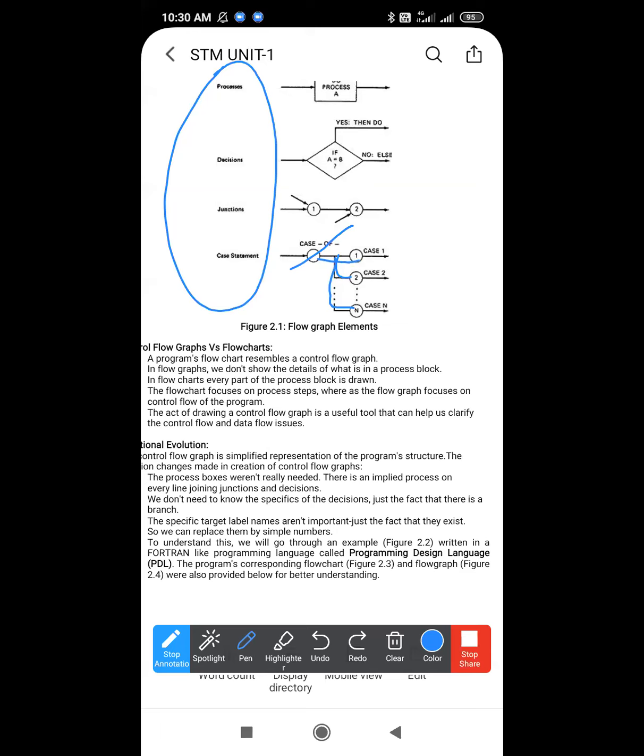Next one, what is the difference between flow graphs and flow charts? Now, a flow chart is a diagrammatic representation and it consists of a number of symbols for different criteria. If we want to draw the input data, we will use the parallelogram, isn't it? If we want to take a decision, then we will take the diamond shape, isn't it? Like that, we have some symbols for some categories in the program.